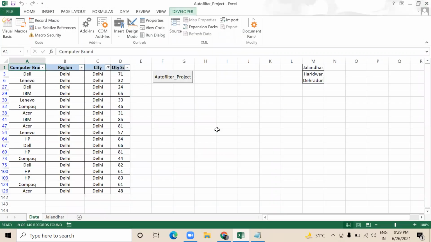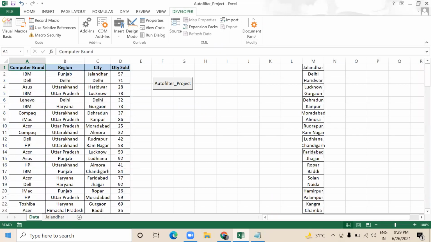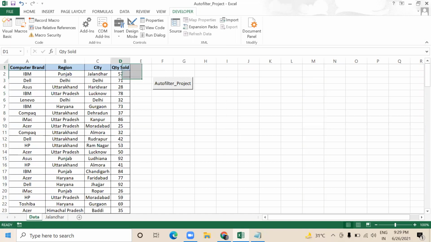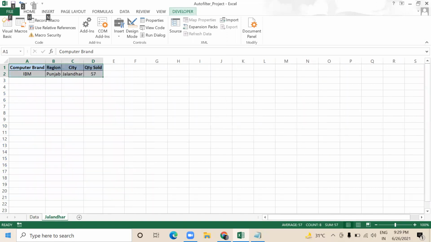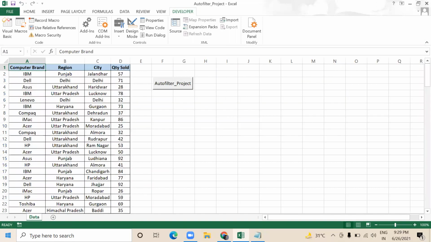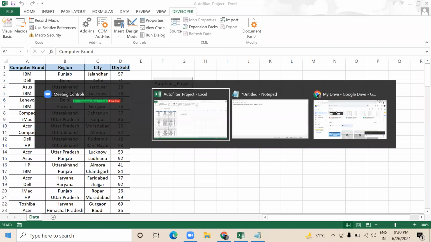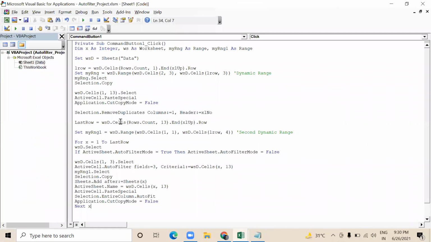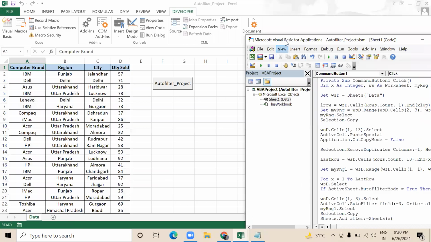So now what I'm going to do is show you two examples one by one, and then I will run my code in one go. I am removing this value and deleting this sheet. So let's see one by one if the code is working perfectly.